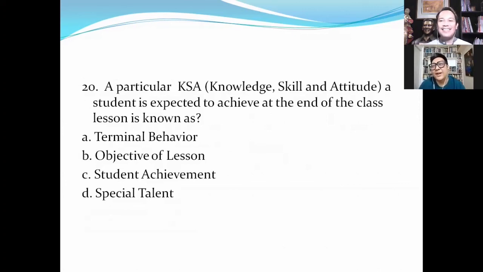Grabe, sir, hindi ako naka-perfect, pero I'm sure yung mga nakikinig sa atin ngayon makaka-perfect sa exam. I'm sure, yes. So, I hope na with our 20 questions, nakatulong tayo na magkaroon pa ng higit na confidence yung ating mga examinees this coming January 30, ano? So, hangad namin. Oo, for sure, sir. Kasi kahit po ako na-enlighten po ng sobra. Kaya I'm sure yung ating mga listeners, ang ating mga viewers ay na-enlighten din. And I guess this would make them ready for the board exam for teachers. Di ba, Sir Noy? Yes.